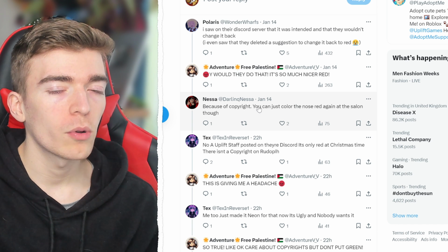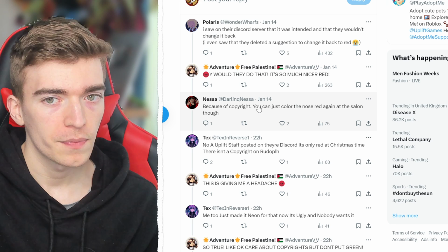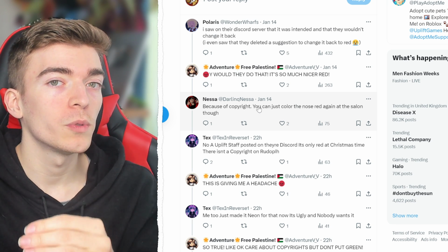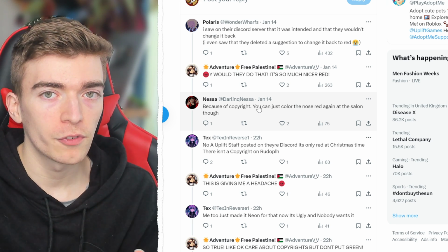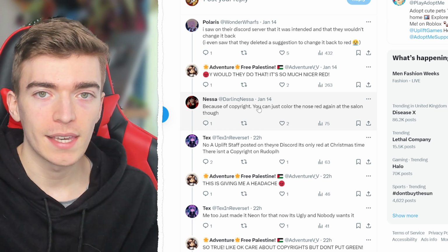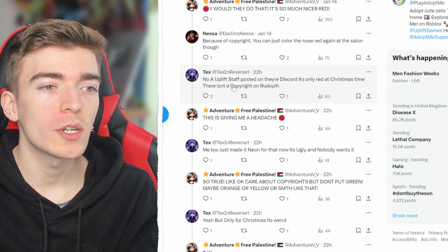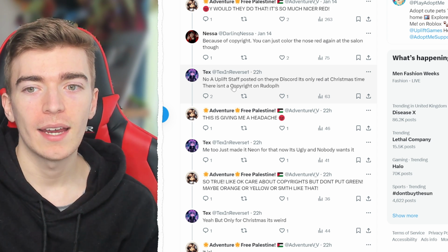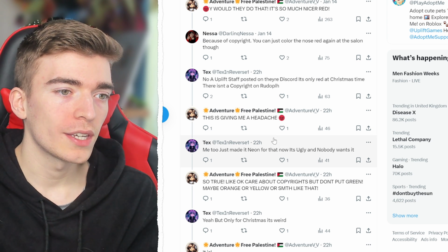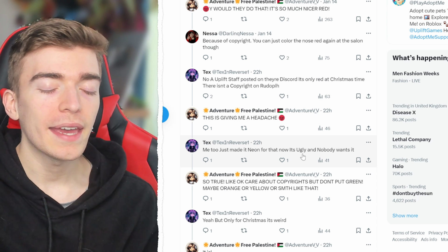I'm pretty sure copyright law doesn't protect any reindeer from having a red nose. The copyright law would protect it if you called a red-nosed reindeer Rudolph, however it was just called reindeer, so there's no copyright legal issues here. But then one of the staff at Adopt Me said that it's only going to be red at Christmas time, and that it's confusing a lot of people, and apparently nobody wants the neon version of it,